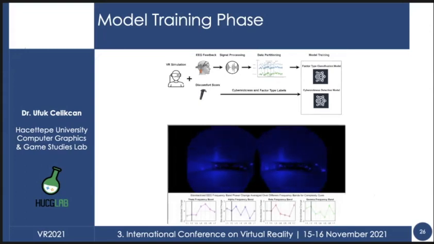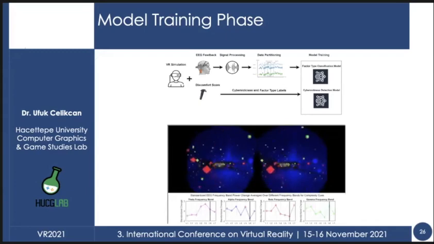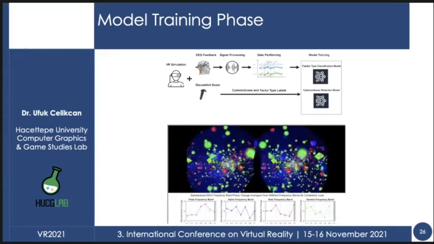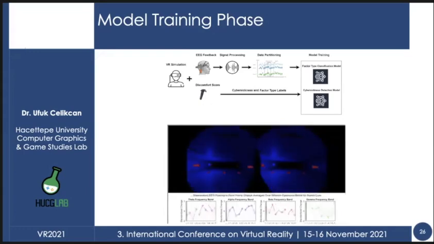In the model training phase experiment, after the personal baseline EEG acquisition, the participant experienced three types of cues in separate and randomly ordered scenes with 30-second rest periods between them. In this phase, the scenes take place within the same virtual environment, but each simulates a set of different cyber sickness cues in predefined sets of levels. That is 10 levels of navigation speed, 7 levels of scene complexity, and 10 sets of stereoscopic rendering parameters.